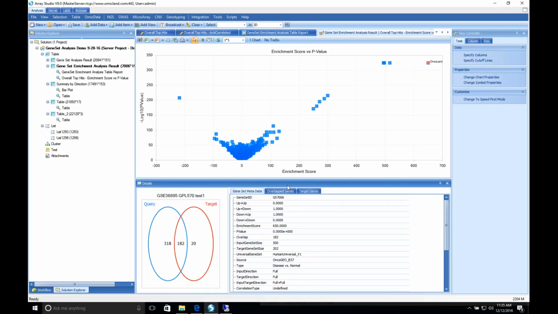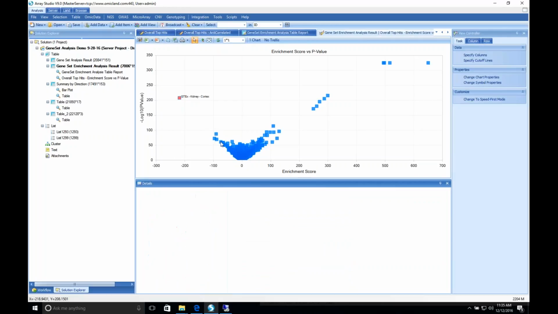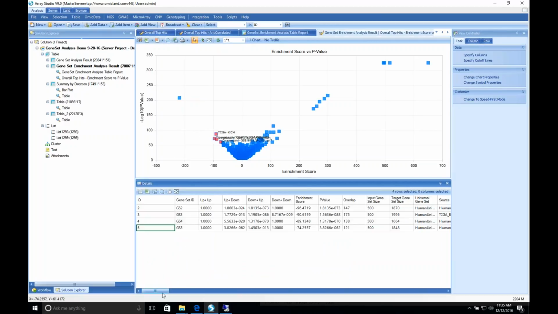And this is working across all the different lands that you subscribe to. So not just OncoLand, if I have OncoLand and DiseaseLand, it'll search over all of those. It'll also do some of the body map lands as well. So you'll get cell type specific expression, you'll get tissue specific expression. This extremely negative one is actually telling me that it's anti-correlated with the kidney cortex from GTEx. And if we look at a couple of others of these that it's anti-correlated with,